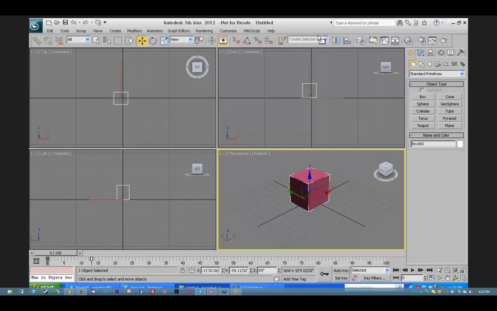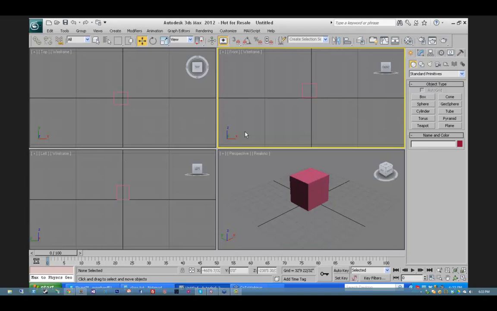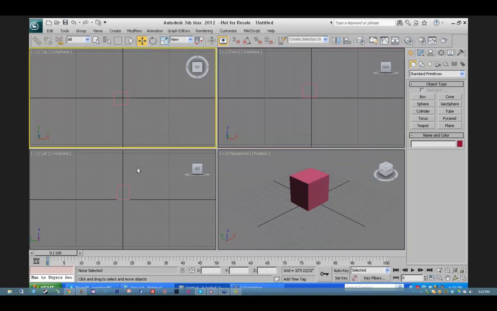It's not specific to Max. Okay, so I left out all four of these windows, which is in most of the interface, and these four windows are the viewports. So we have the viewport that is highlighted in yellow is the active viewport. If I click on a different viewport, then it is highlighted in yellow. And so this is the default